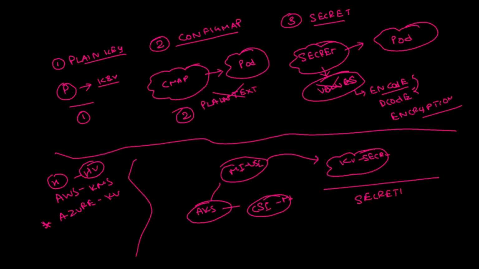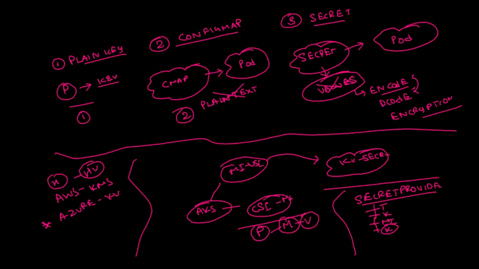Okay, and in terms of implementation, we have created our secret provider class. In this secret provider class, we have mentioned our tenant ID, our Key Vault name, our MI ID detail, and the key which we are going to use. And eventually, once we create our pod, we have mounted this as a volume in the pod. Okay. So with this, we have a detailed discussion regarding secret management in